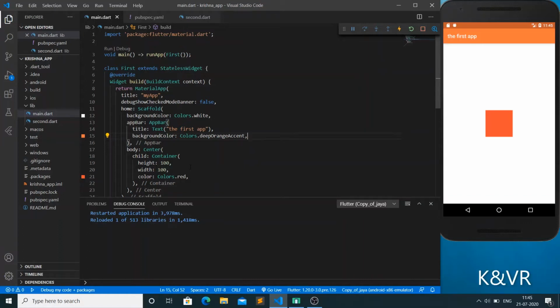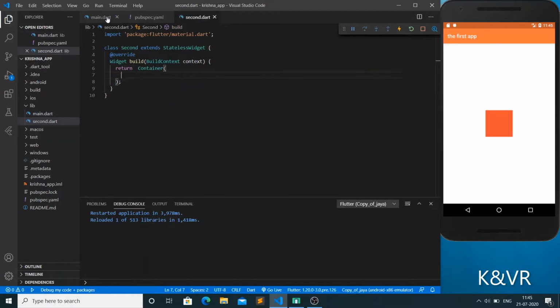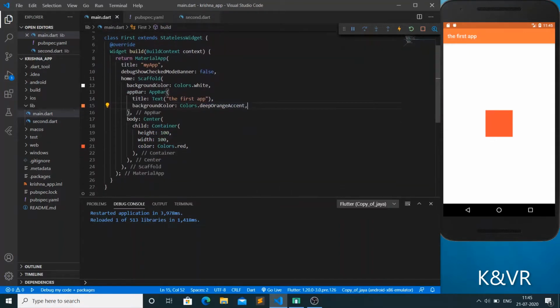Hello guys, we learned in the previous video how to create the next page and how to remove the debug banner, and let's see in this video how to connect this page. From Scaffold onwards, just remove it. Take it wherever Scaffold ends, here Scaffold ends, just cut it